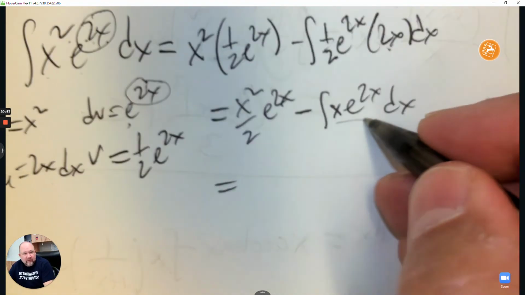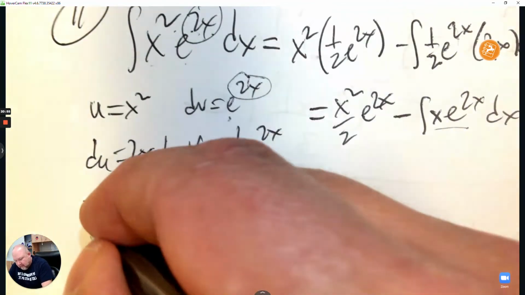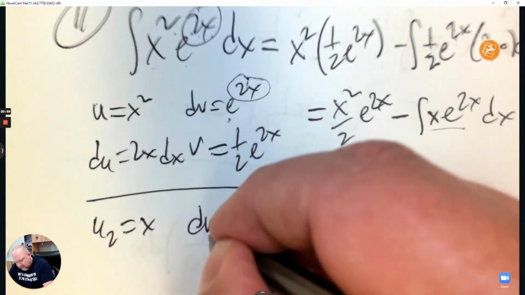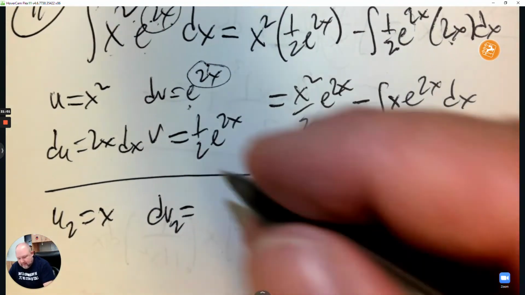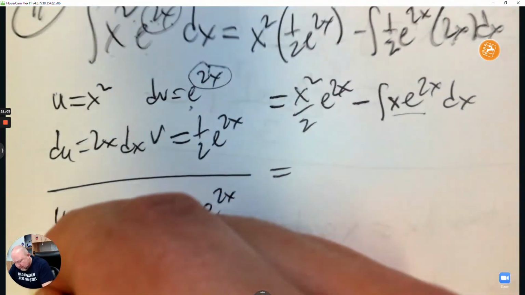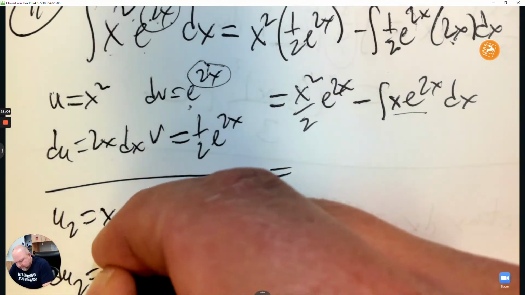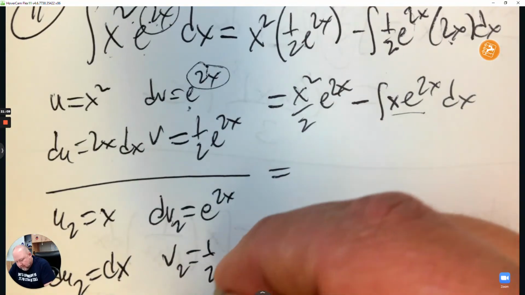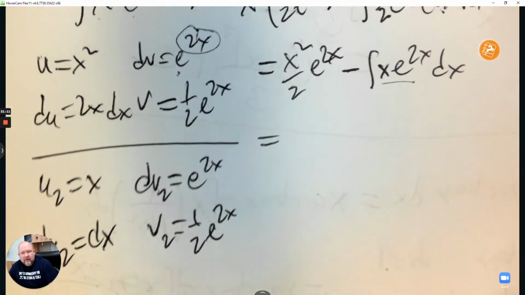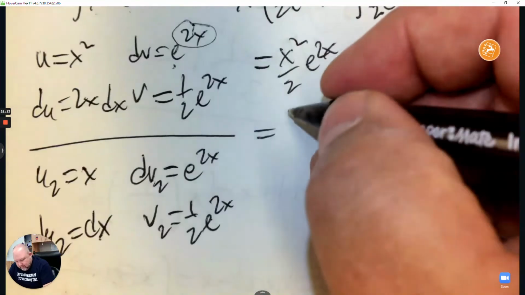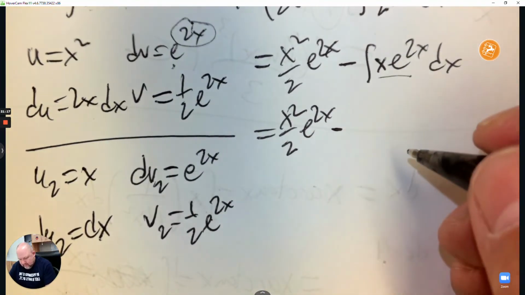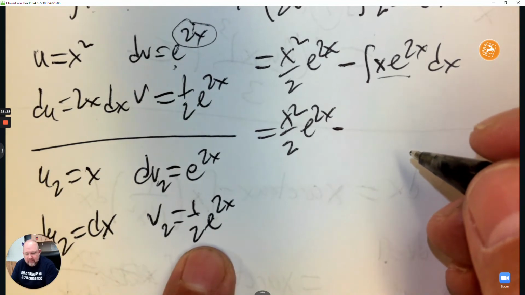This, again, is integration by parts. So I'm going to come back here. I'm going to call it with a little 2. So we got x with a little 2. That's e to the 2x. We just did that one. So the integration here is 1/2 e to the 2x. And I'm going to do it again. So we have x squared over 2 e to the 2x minus u times v